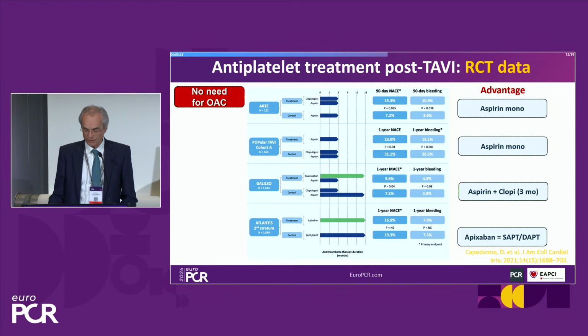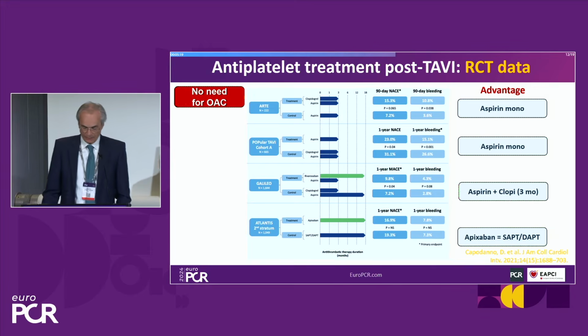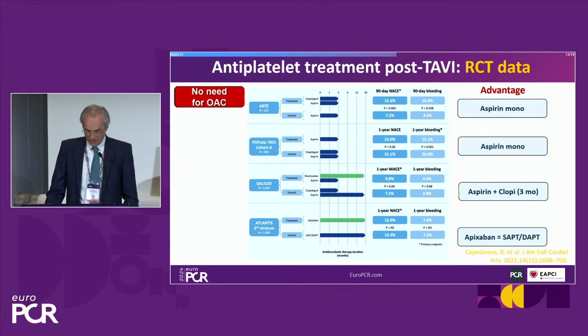There, the dual antiplatelet therapy was advantageous compared to rivaroxaban in a lower dose in combination with aspirin. And in ATLANTIS, apixaban gave about the same result as the dual or